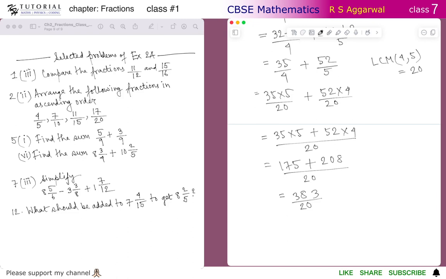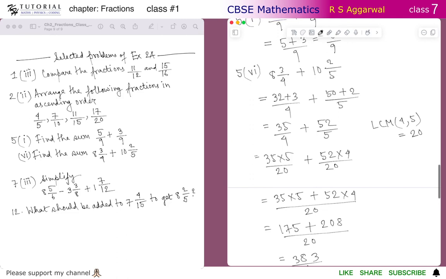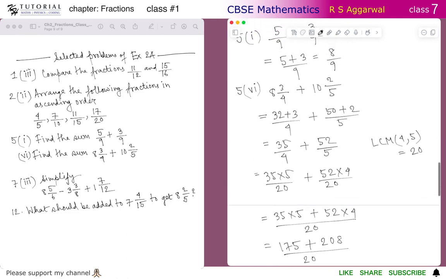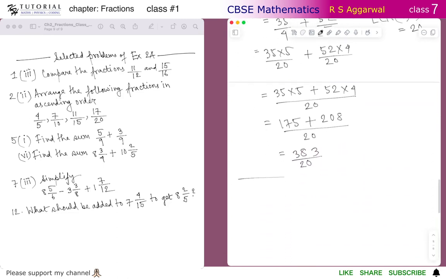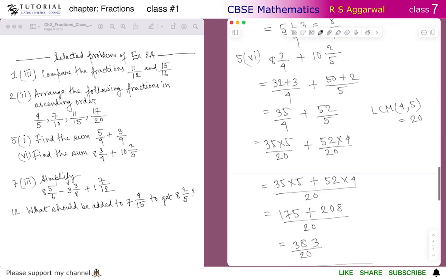You can leave it like this, or you can also convert this to a mixed fraction. Now this was one way of adding two mixed fractions by converting the two individual mixed fractions to their improper fractions. Now we could have also done it in a different way, like we have 8 3 by 4 plus 10